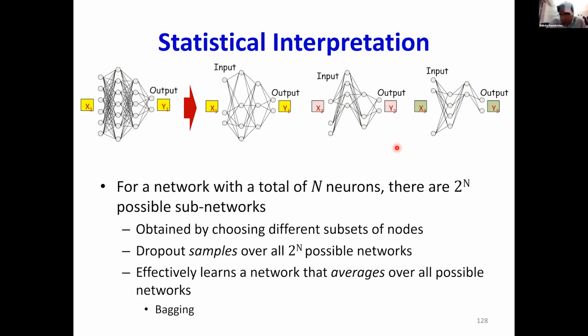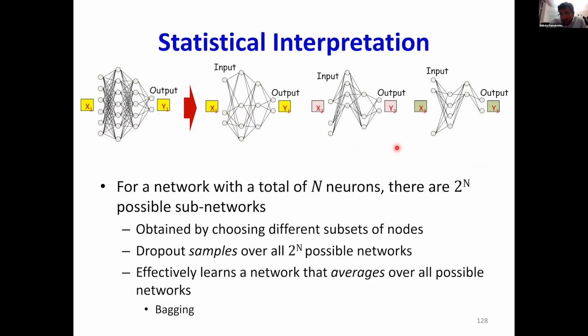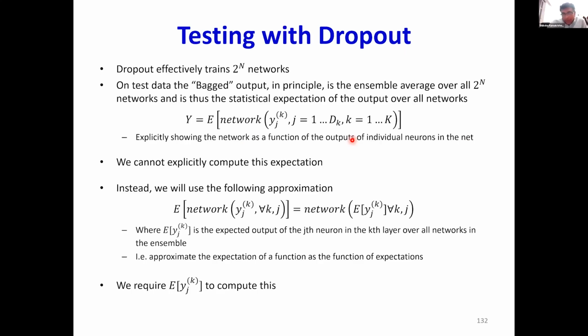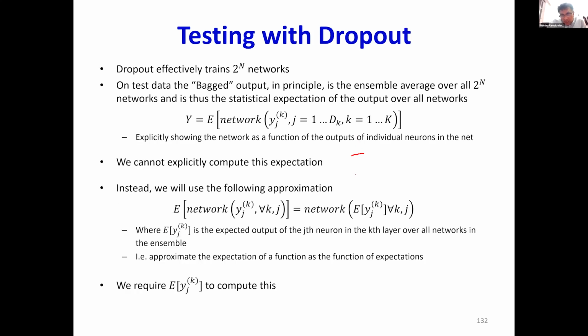Yes, no? Right. So basically what you want to do is this. You want to take an expectation over all of the networks, right? It turns out that taking this expectation over all of the networks is a really, really complicated thing. And then here we use an approximation. So I'm taking an expectation over a function